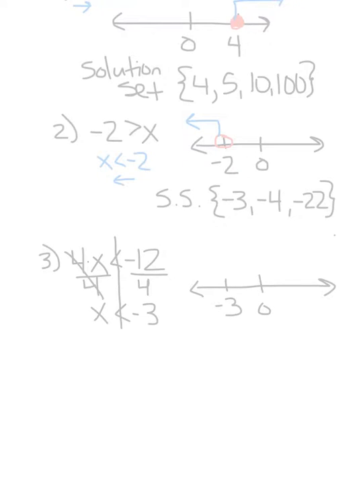Again, this has no equal to sign, so it is an open circle. And it is shading x is less than, so it's shading just like our number 2. Right? So then my solution set, possible solutions: